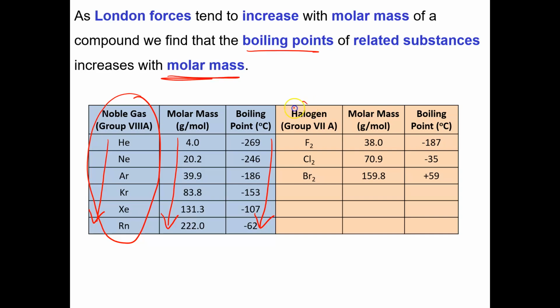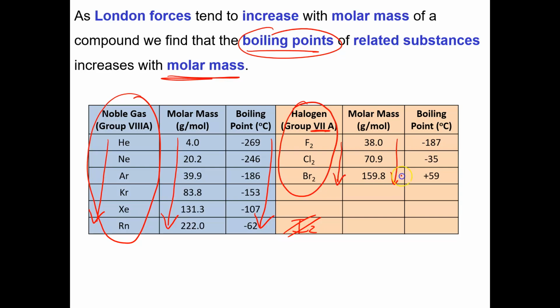Here we look at the same thing for a series of molecules. All of these molecules are homoatomic diatomic molecules, so they're completely nonpolar. We're looking at the group 7A diatomic elements. We don't have I2 here because it turns out that I2 doesn't actually boil, it sublimes, and we're looking at boiling points here. But here we are going down group 7A: fluorine, chlorine, bromine, and obviously as we go